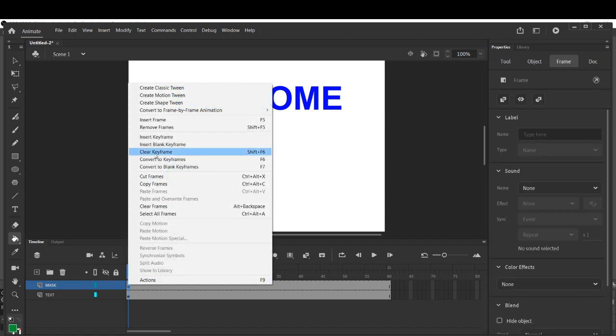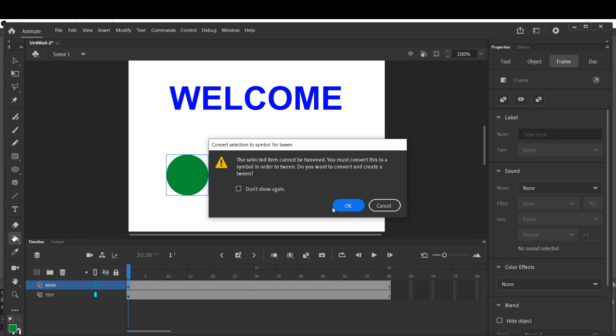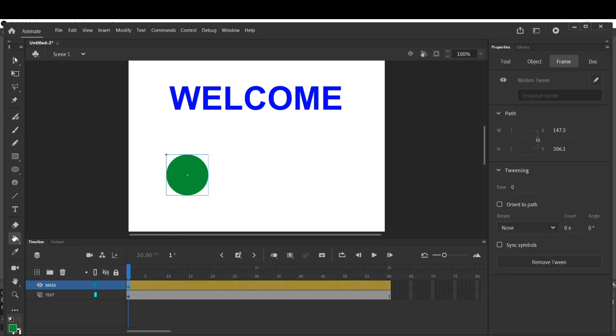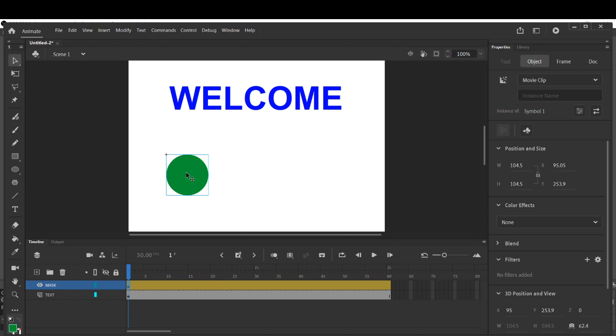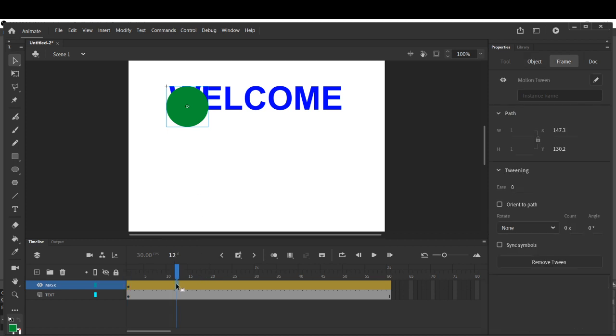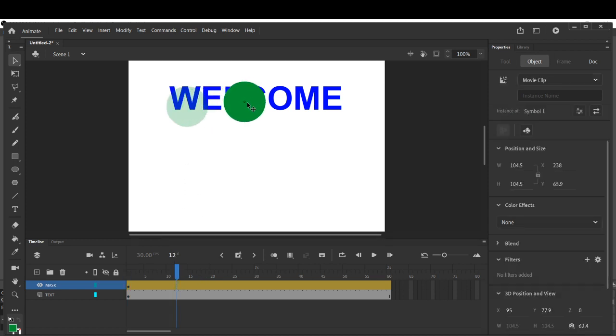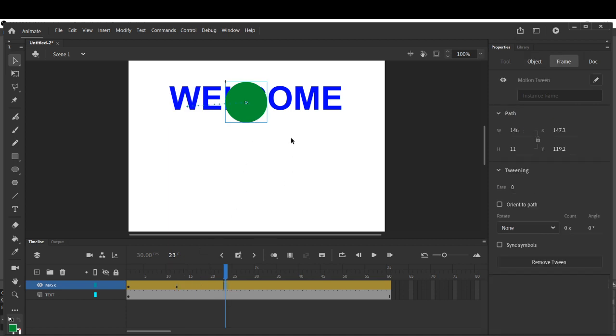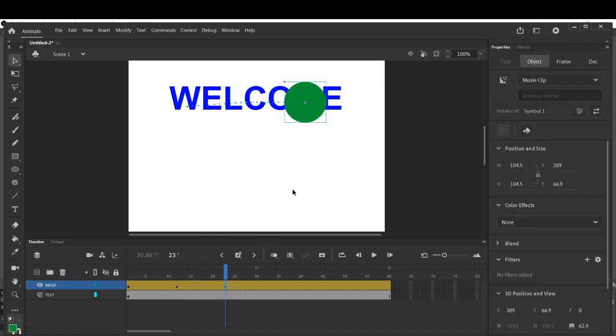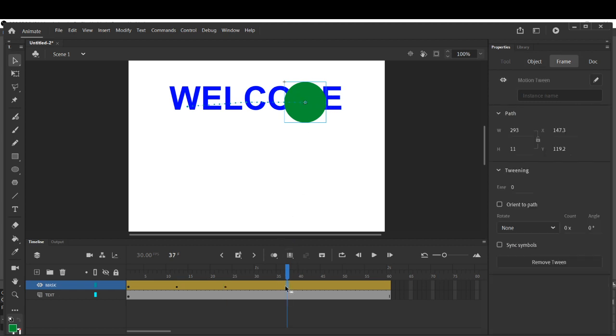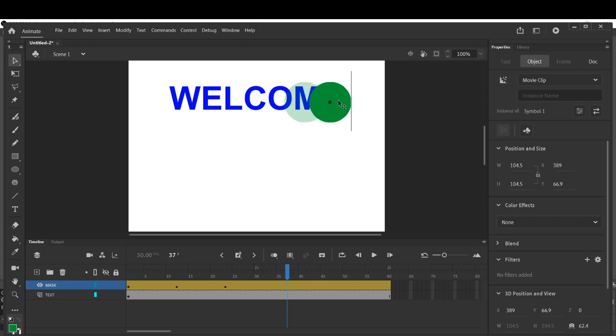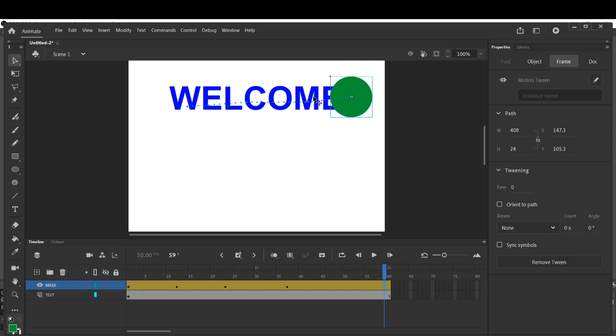Now children, what you can do is create a motion tween. Right click on frame 1 and create motion tween. Now click on OK. After this, click on the selection tool and drag the circle over this welcome text. Click somewhere here, then again drag it. You have to give some motion to it while covering the text. Just give a motion, click in between 1 to 60, and again like this till 60. Okay, after giving the motion,